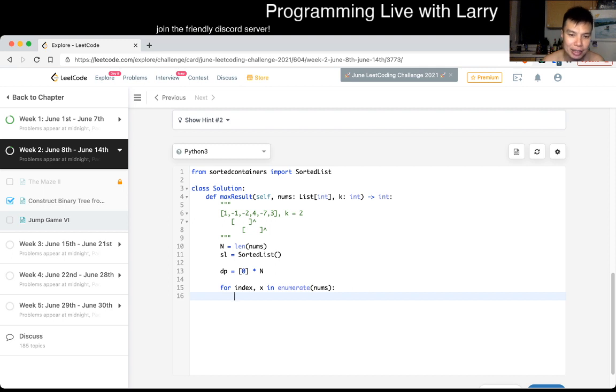Keeping in mind that this sorted list, sorry, we're not adding the nums that are inputted into the thing. We're not putting the input into the sorted list for the sliding window. Our sliding window is for the scores that we have at those points, right? For example, in this case,